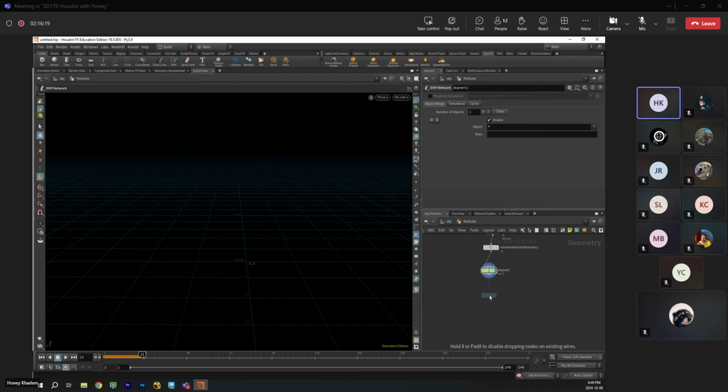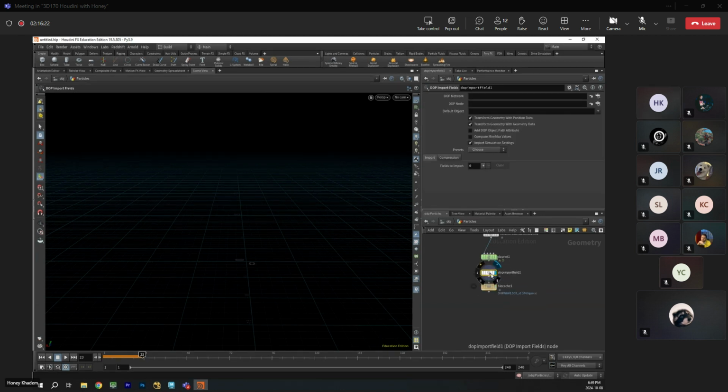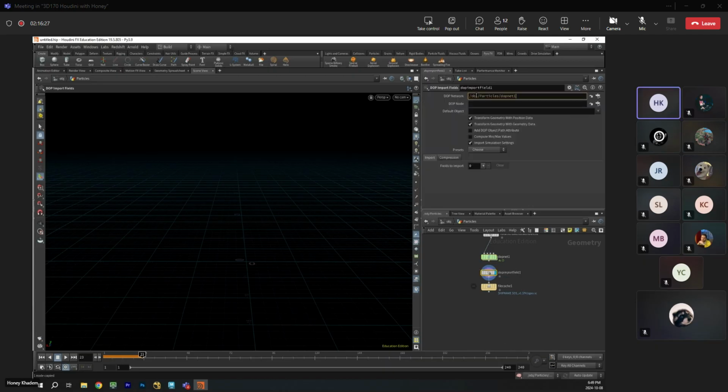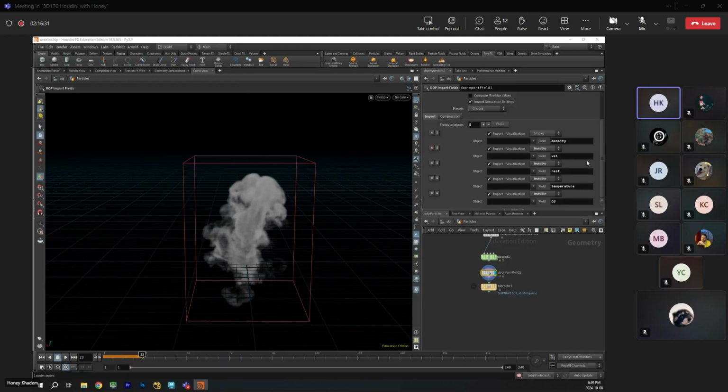And don't worry, I will tell you guys all of this again. So in here, Control C, Control V, here, smoke. What I'm getting out of the simulation is density, velocity, rest attribute. I don't even need this, so I'm not going to import it. CD, I don't care about CD, I don't care about temperature. The only thing that I really need for the effect that we're doing is the velocity. But it's still fine, I can just write the density as well. So density and velocity, okay? Everything else, I don't need it.